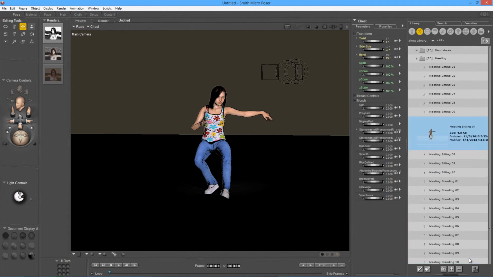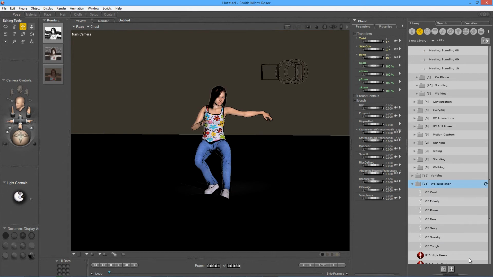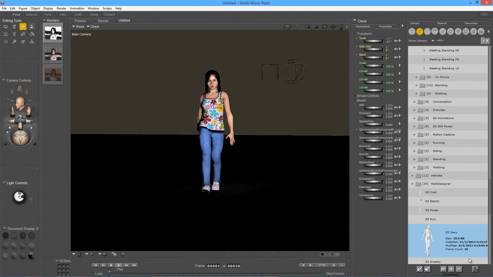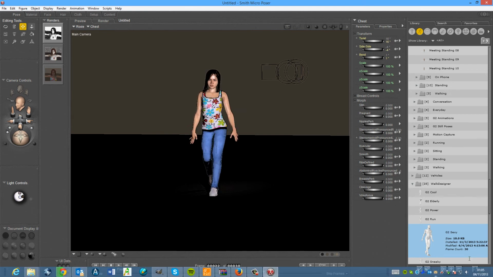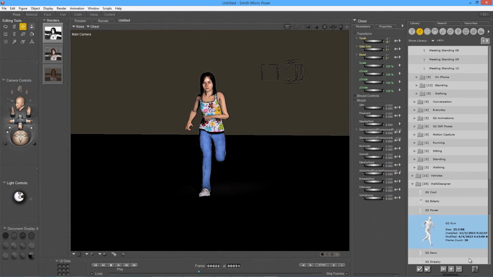We also have various animations as well that you can load into it. And you also have something called a walk designer. So let's try giving her a power walk, shall we? And let's play the animation. So there you go, she's having a power walk down the street. And I'll give her a sexy walk. Okay, I'll take their word for that. But again, you can customize all this yourself. So this saves you time because you get the base motion in there, and then it's just a matter of